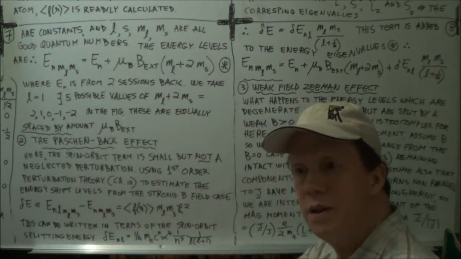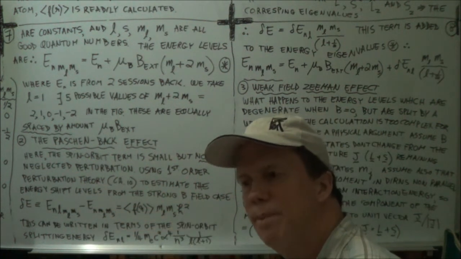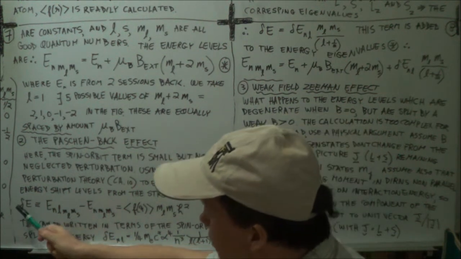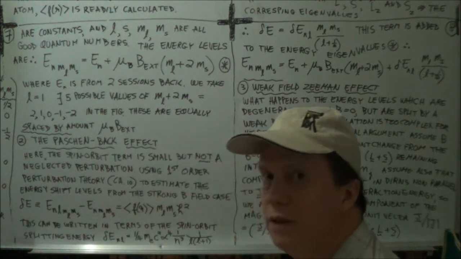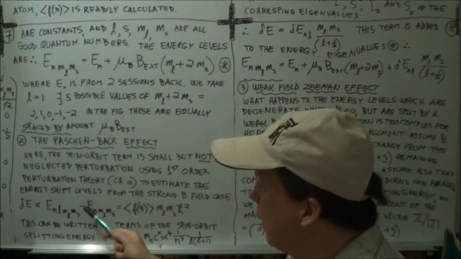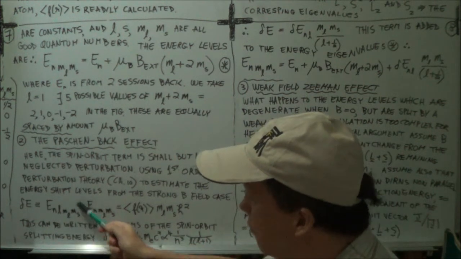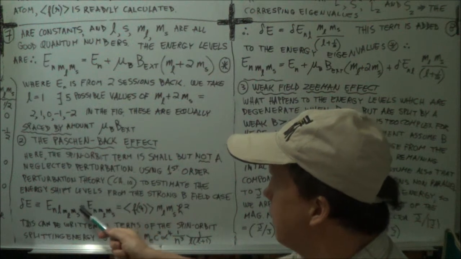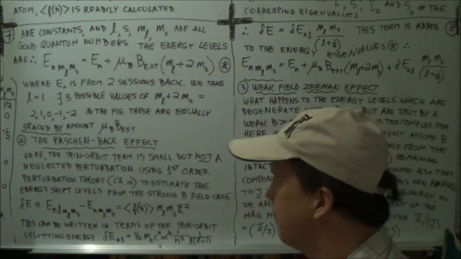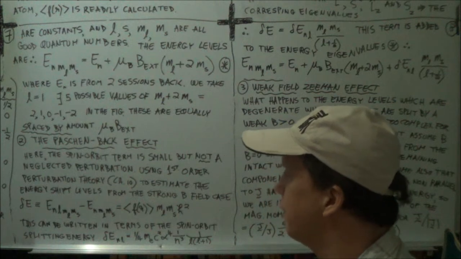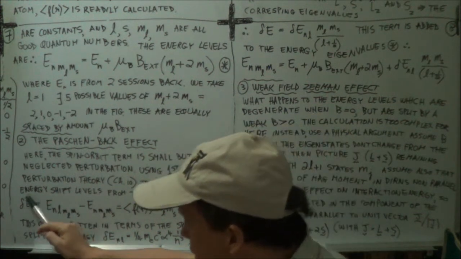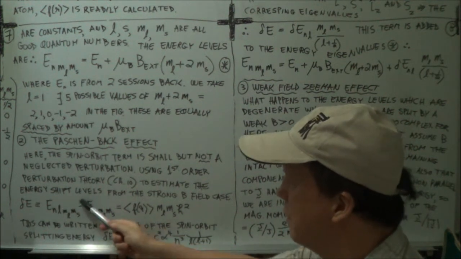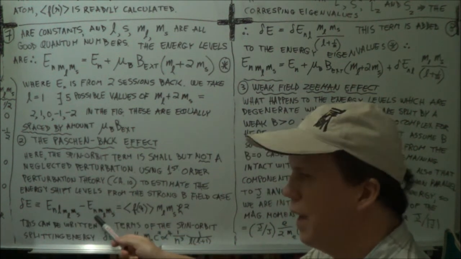Case 2 is tweaking, modifying, perturbing case 1. So what you will have are changes in the allowed eigenenergies, the eigenvalues for the energy. These are the eigenenergies for the strong field case, and these are the eigenenergies for the Paschen-Back case, and this is the difference between them. So these are your corrections to the energy. This is the strong field case, and this is when you add the